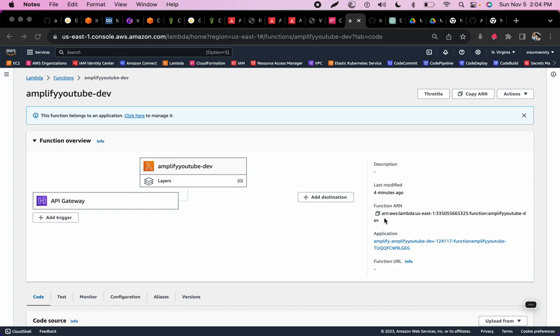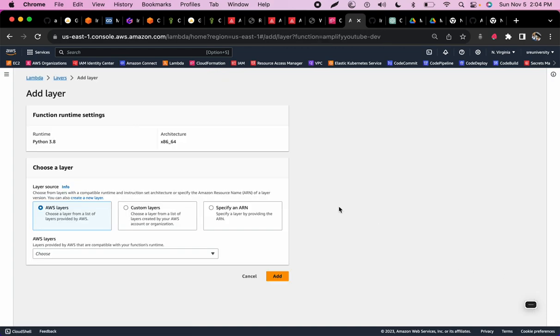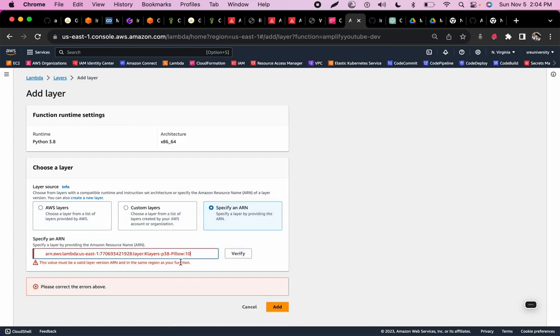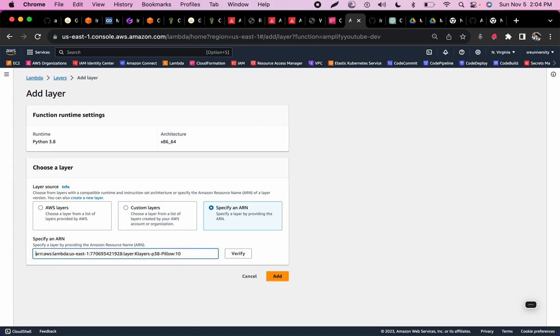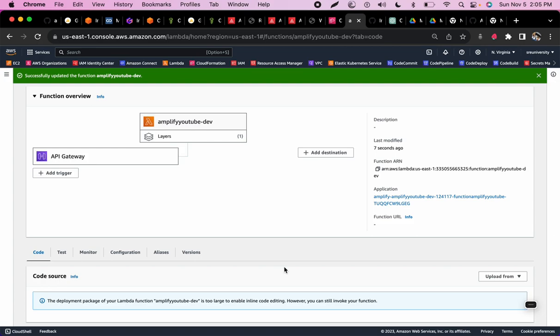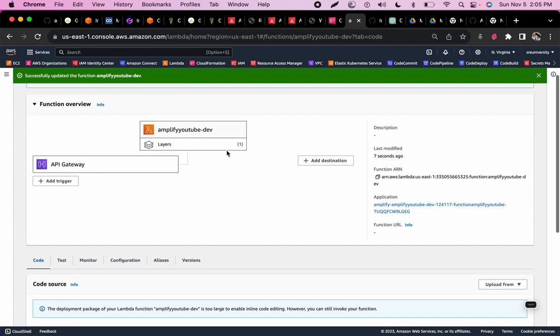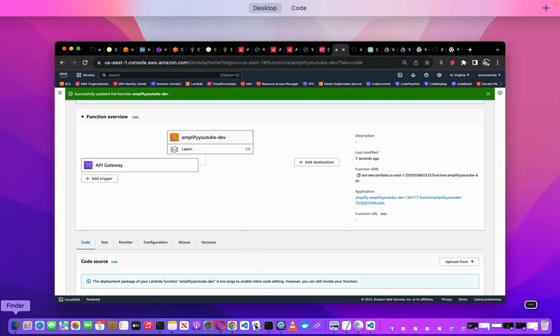So we want to go to layers, add a layer, specify an ARN, and we can just paste that in here, and that's going to work. So we can add it. Now this Lambda function has that layer. So it's using this layer, and that layer is Pillow. That's what's going to allow us to